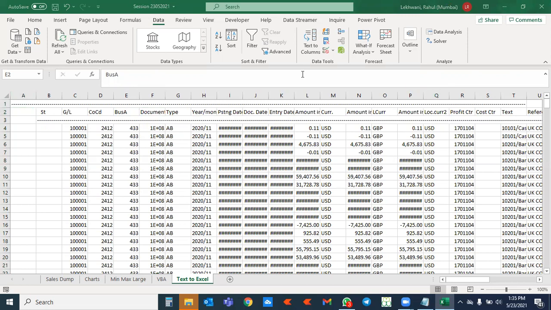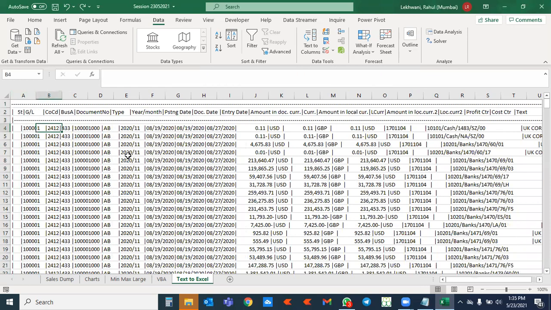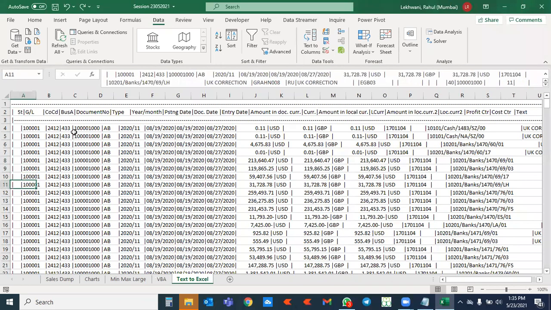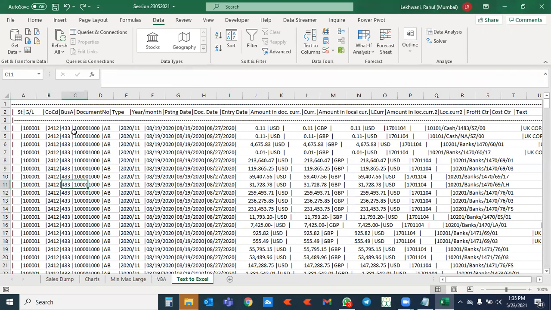Okay, not getting. See, what I have done is that initially I copied the data from a text file. Now I pasted it here in the first column. So now every data is there in the first column. See this row, there is no data in other columns. I want the data in all the columns.